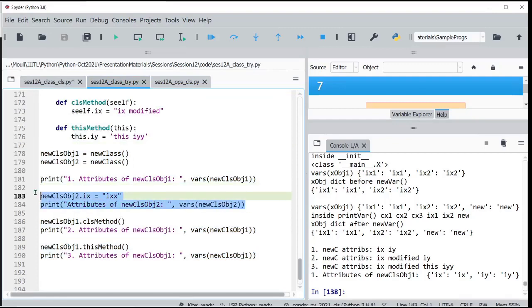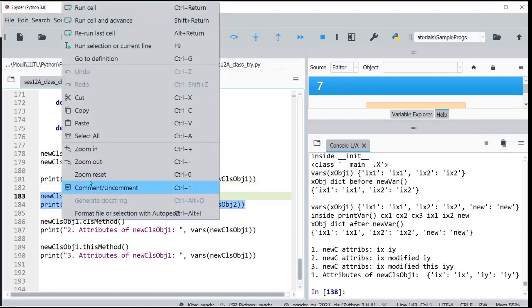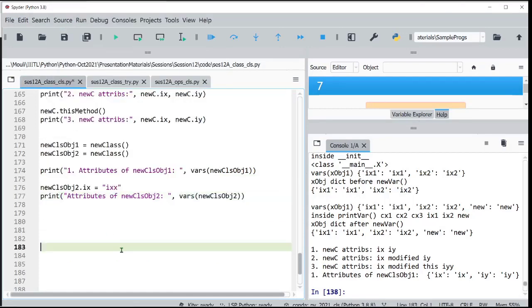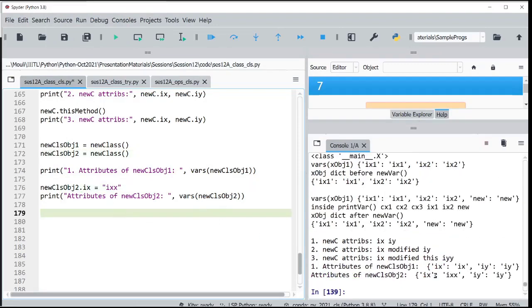Okay, now let me change this. Now what I'm doing, on this object I am changing ix's value. I think I already explained it. I think it's nothing new. So it is getting changed. Okay, vars, I think I already showed this.